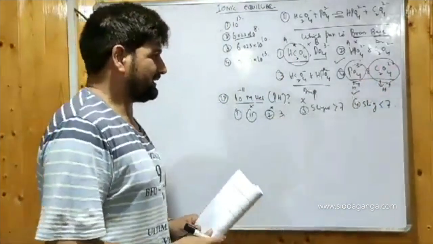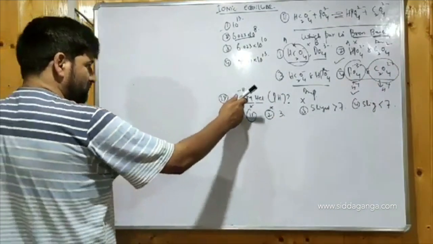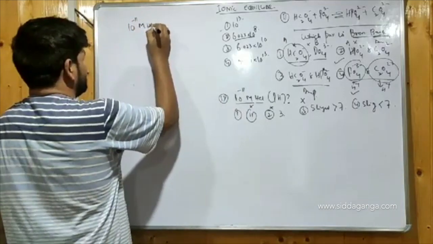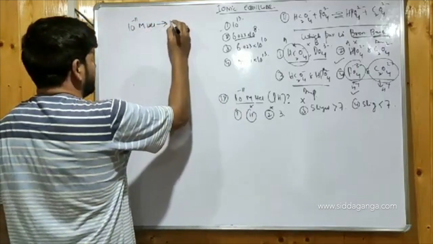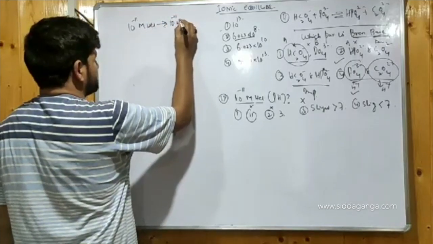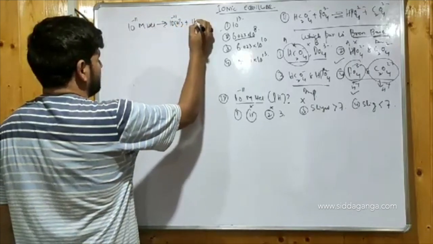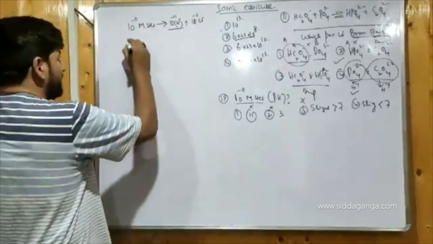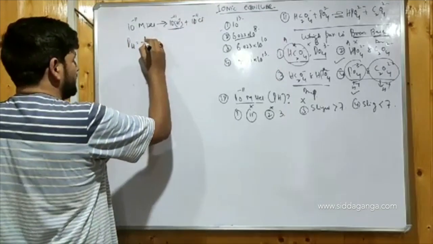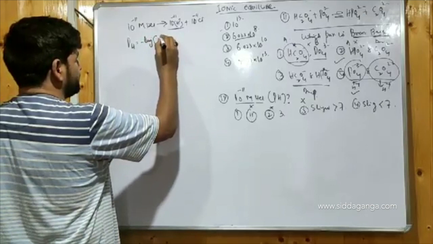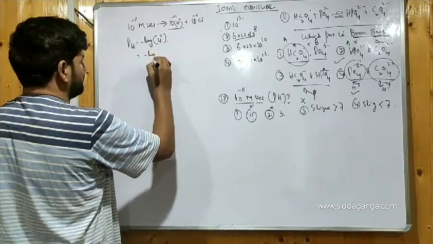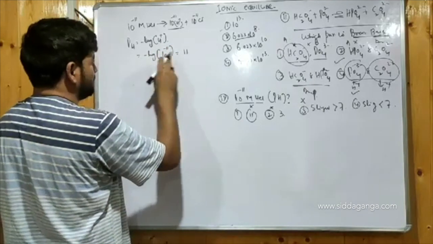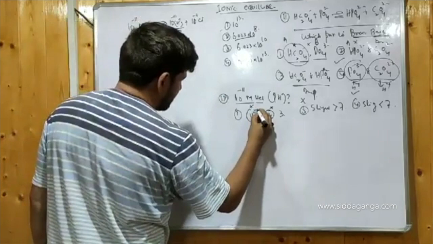Now let us see it mathematically. How do we solve the question? Here it is 10 to the power minus 11 molar HCl. When it breaks, it will give you 10 to the power minus 11 molar H plus and 10 to the power minus 11 molar Cl minus. But I need H plus. So pH equals negative log of H plus ion concentration. So that is negative log of 10 to the power minus 11. That will make it 11. So according to solving pH as negative log of H plus, you are getting the first option as the correct option, but